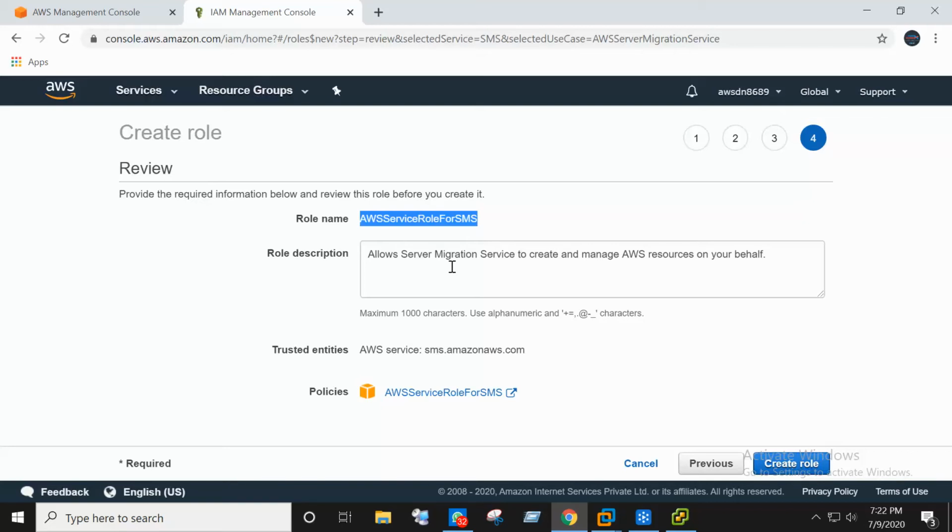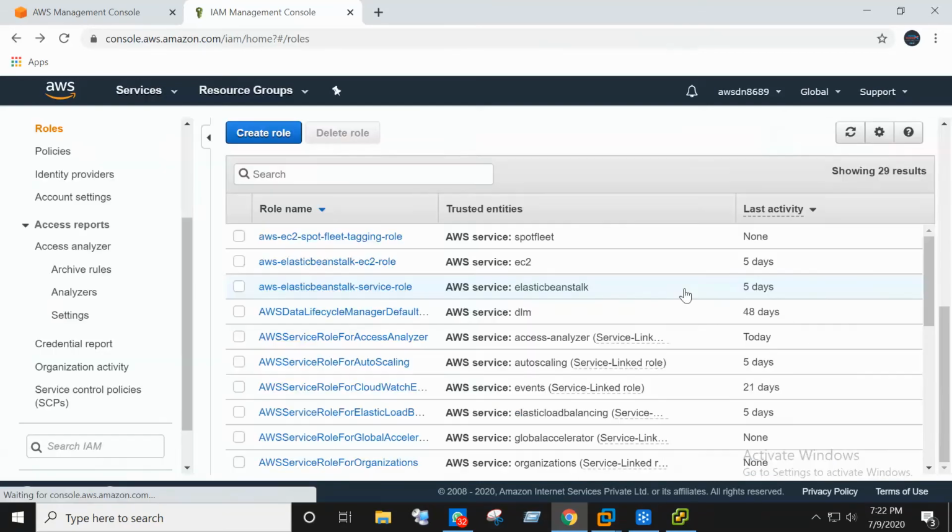It is taken automatically, because if you change the name, you may not be able to understand it. You can check the policy, AWS service role for SMS, and this is the description. Finally, you can click create role. The role is created.